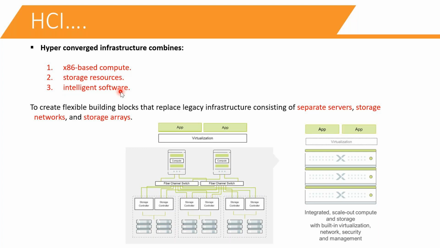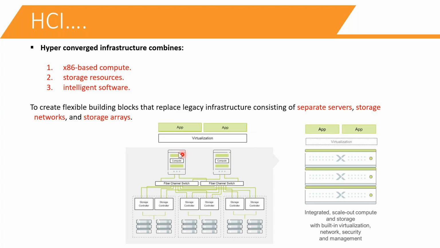If you go for Cisco, Cisco has HyperFlex. They give you one software, and that software will create your hyper-converged environment. If you go to Dell VxRail or HP SimpliVity or Nutanix, everywhere you get one software. That one software makes the difference. The rest is common: x86 based compute and storage resources are common for all the vendors. But if you go with Nutanix, you have to take the Nutanix software; if you go with Cisco, you have to take Cisco software; if you go with HP, you have to take their own software. So these three are combined to deliver the hyperconverged infrastructure.